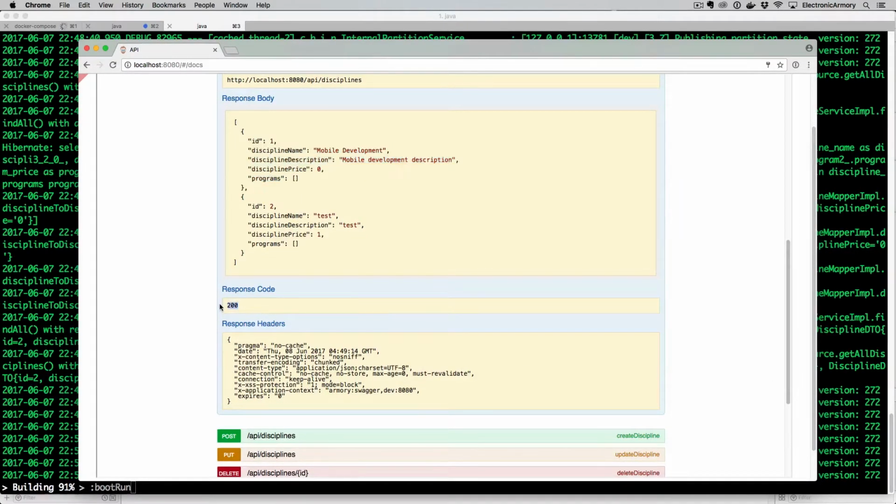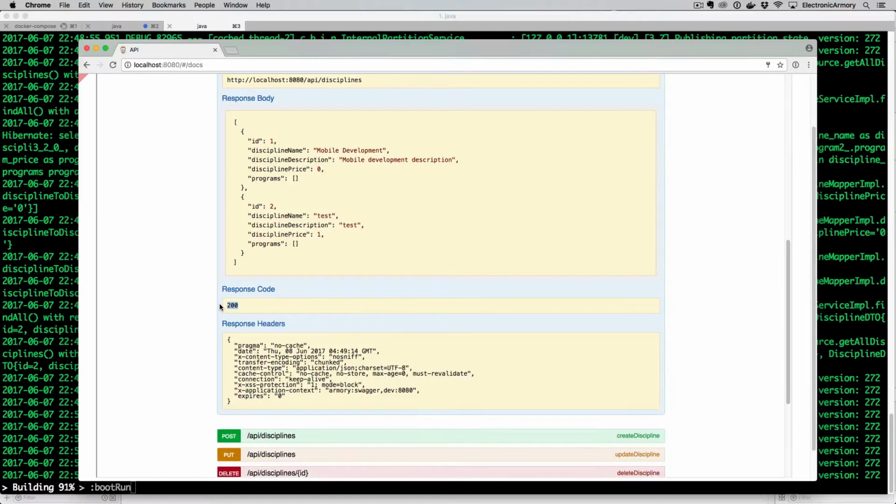Next, the 200 response code is what we're going to expect from the response from the server. So it's always a good practice to check that response code to see if it is 200, and if it's something else, to handle that error or that message accordingly. Finally, we have the